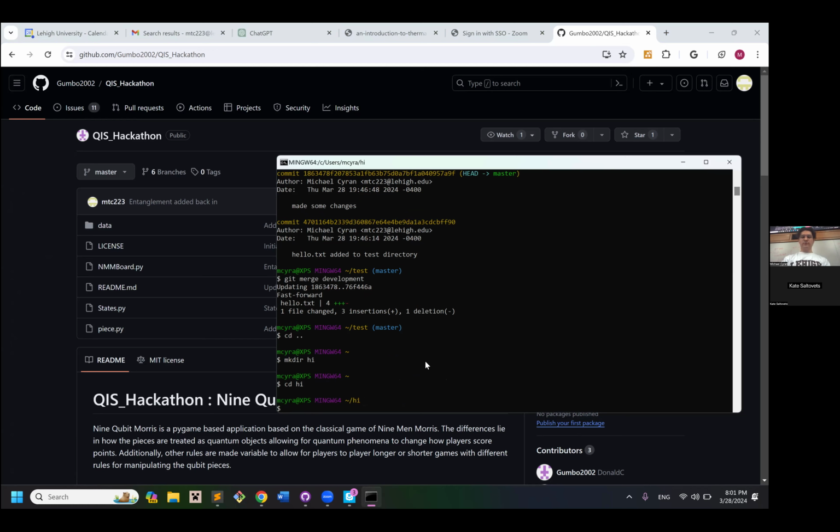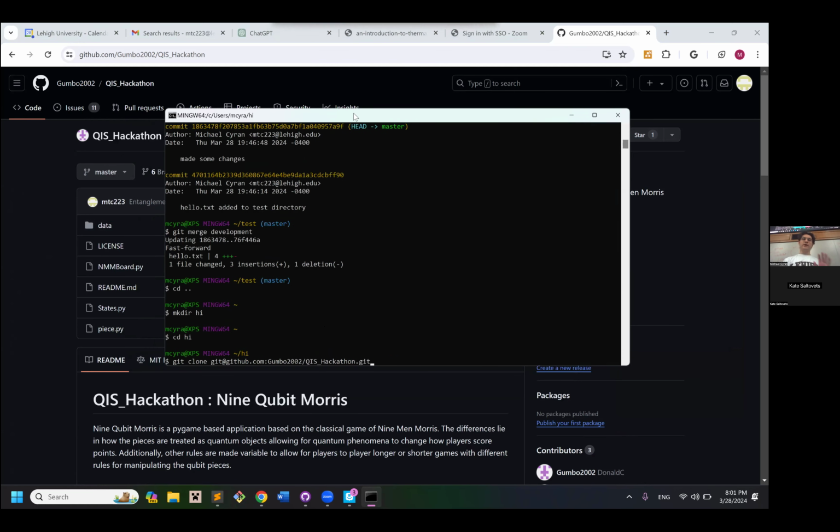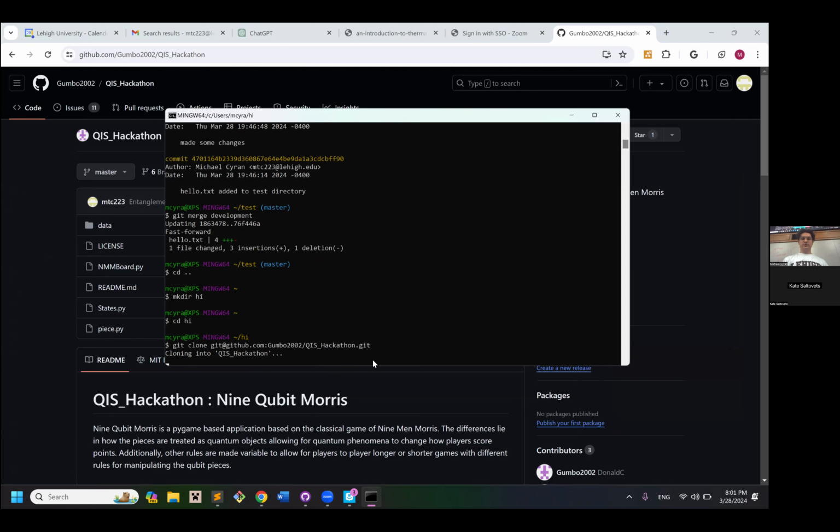You go into a directory and you do git clone, and then you paste the URL from GitHub. And now this is the point where we're actually dealing with not only Git, but also GitHub, which is like a sharing software for Git repositories. And then once you do this, you git clone,